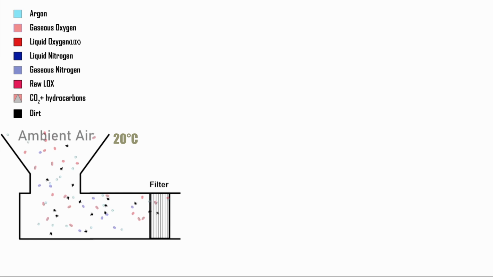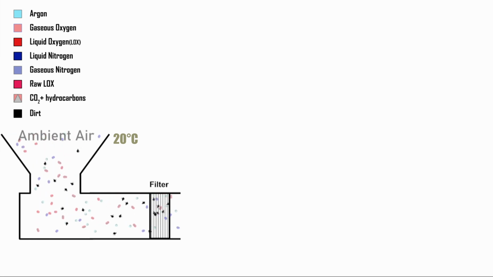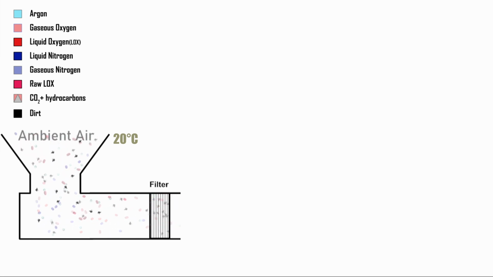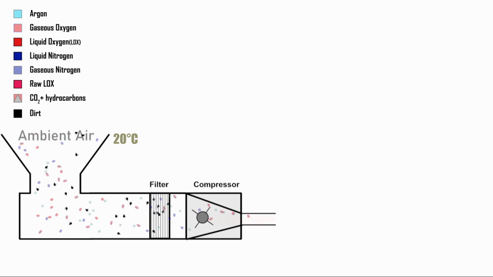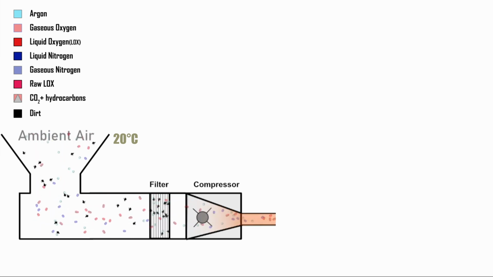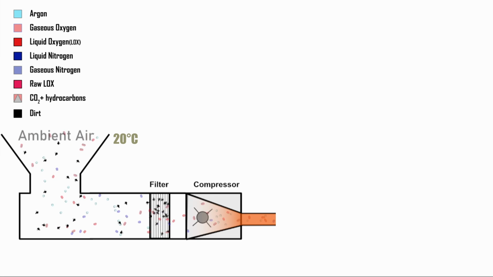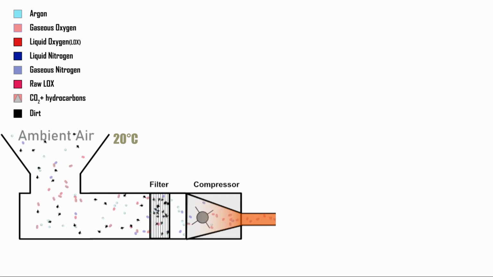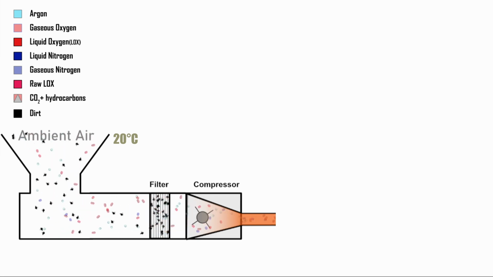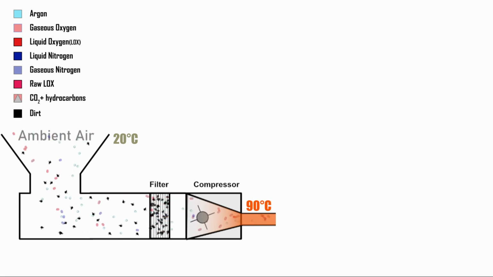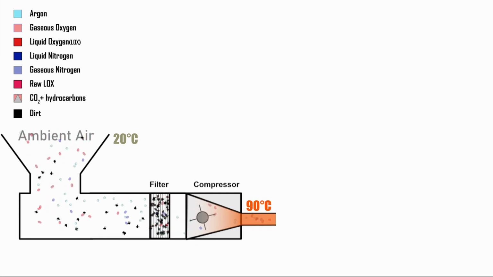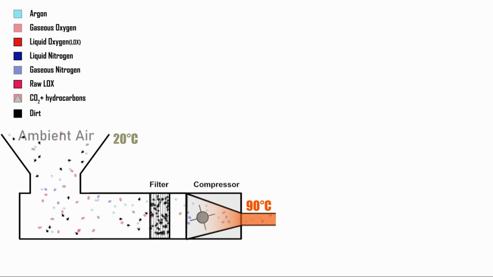This filter traps dust and other small airborne particles. Next, the air is compressed with a compressor to 6 times normal air pressure. This is done in preparation for the initial cooling. Because the air has just been compressed, its temperature will increase. The air coming out of the compressor is now at a higher pressure and temperature, from 20 degrees Celsius to